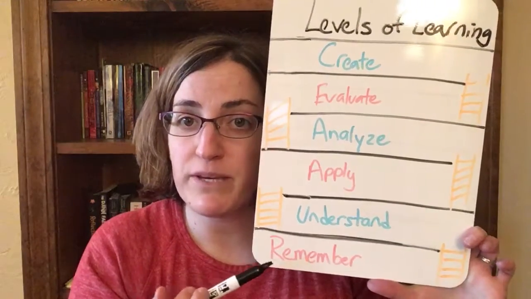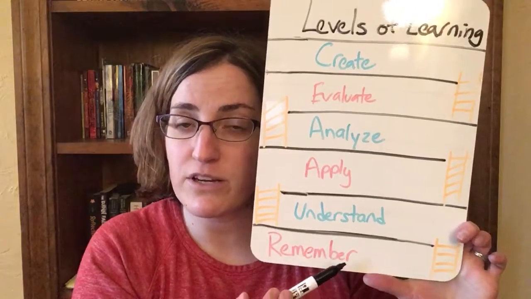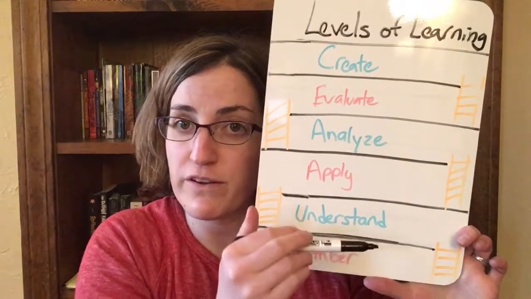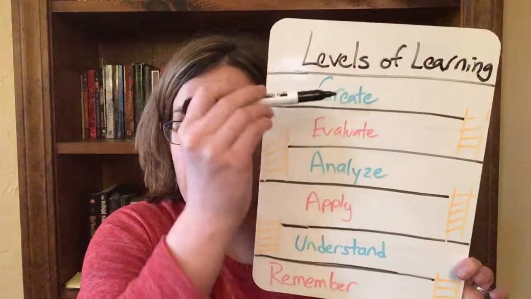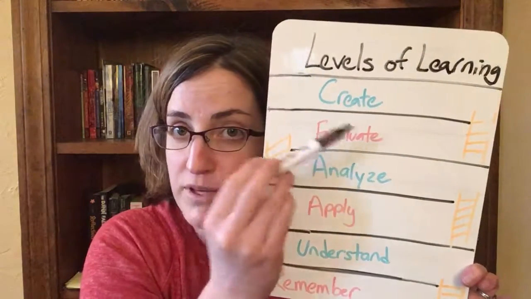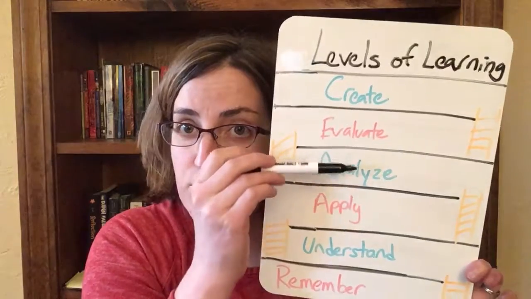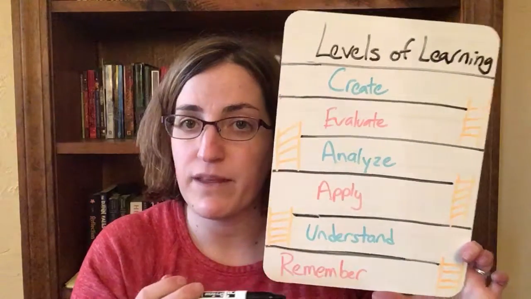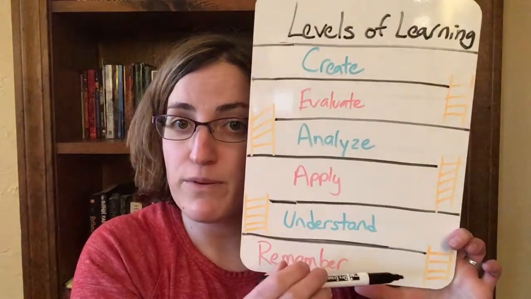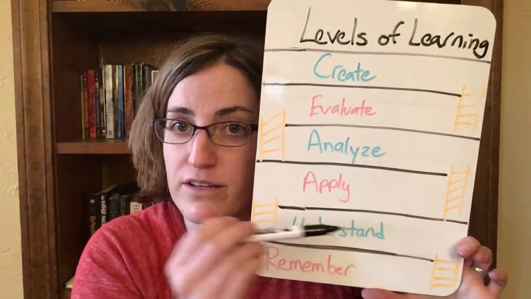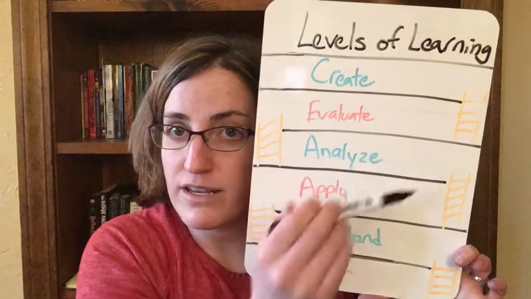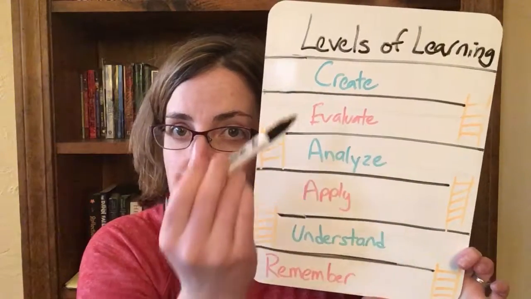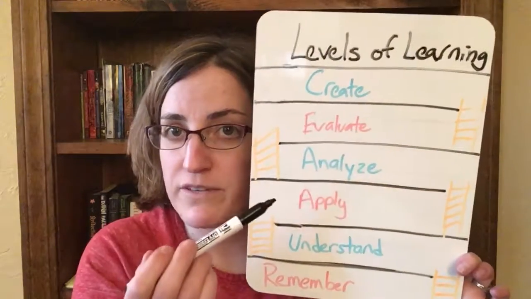So as a repeat, we have remember as our bottom row, so it's sort of our foundation, then understand, apply, analyze, evaluate, and create. These top two are usually AP college level classes, and most of high school is these four down here. So we go across remember, and then we're moving up the ladder and then going across. And we're making a really nice pattern of getting the skills in this level and then leveling up. So sort of like a video game.